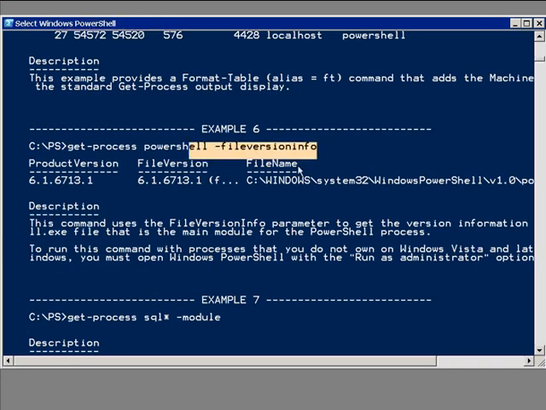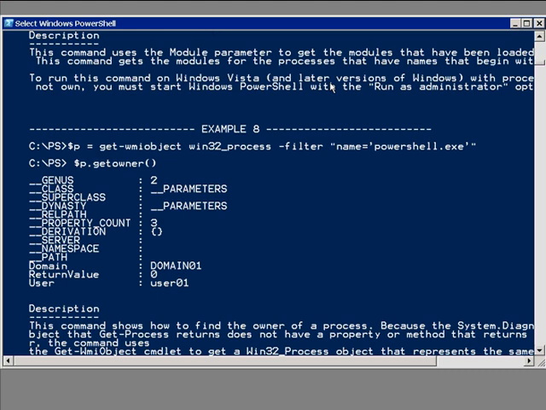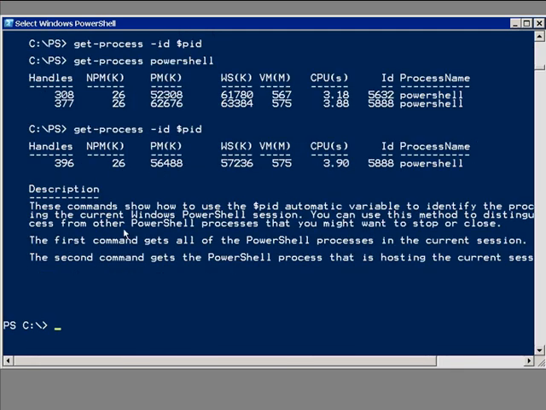Then some pretty nice information there about letting you find out the file version of stuff, the modules that are loaded with the process, all kinds of very detailed information. This help information, these examples are very, very good. Okay? Now, the next thing that we can do